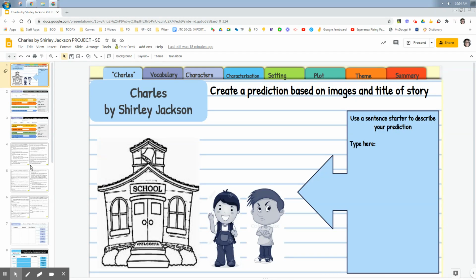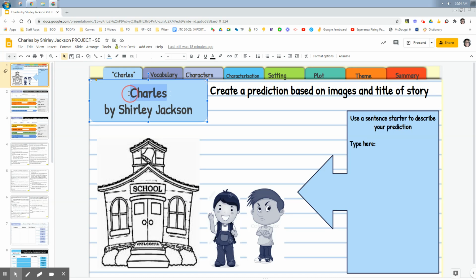For the Charles by Shirley Jackson project, I'm going to guide you on how to do each slide successfully by doing vocabulary, reading the story, working on characters, characterization, identifying the setting, identifying the plot elements, theme, and summaries. So on this first slide, before you get started on the next slide, you're going to take a look at